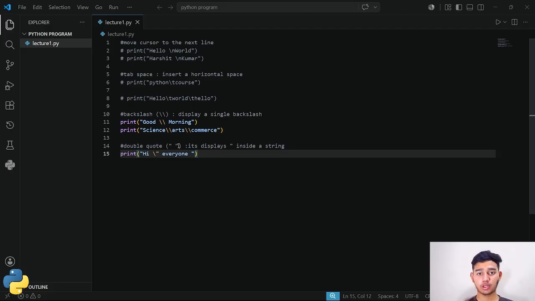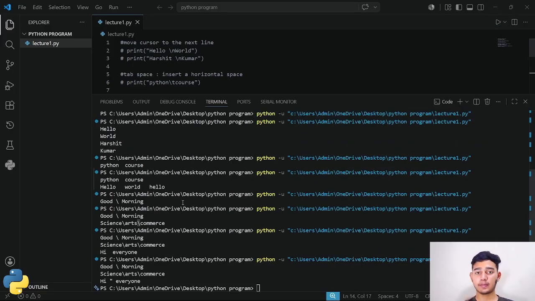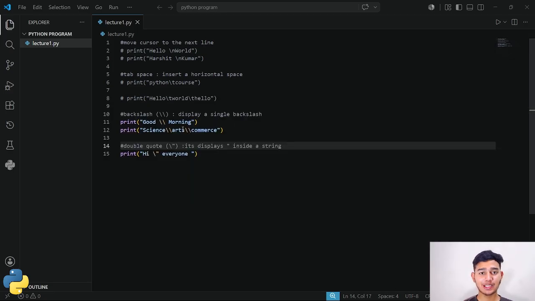Now if I'm going to run this, you can see there is a quote provided between these two letters. So basically this is the double quotes in between these strings. So how do we denote that with slash and double quotes?